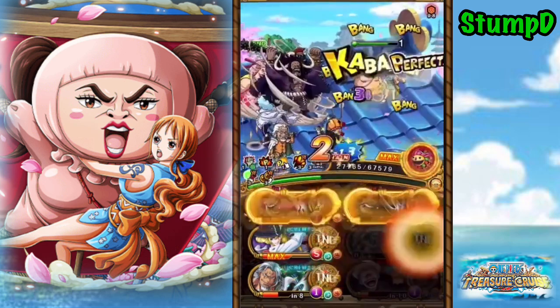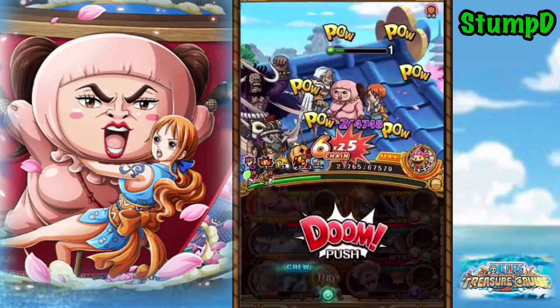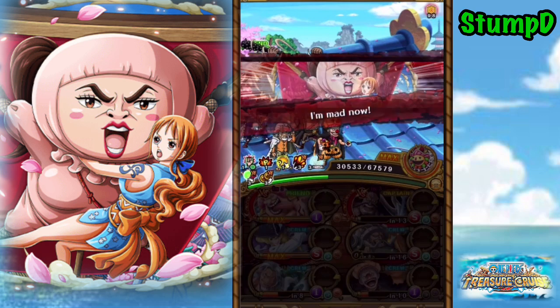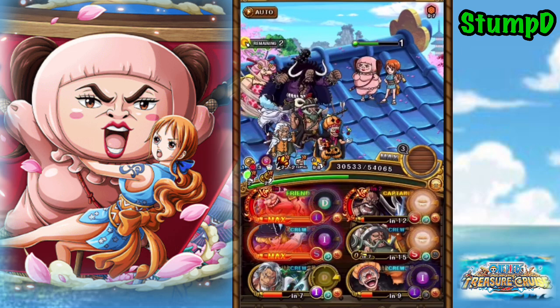See how much damage we do here. Probably should have attacked in the right order. Definitely should have attacked in the right order. Oh wait, Kaido's 10% damage, never mind. Well, they're dead. Once we get the res, they are going to give us unfavorable orbs, but with this